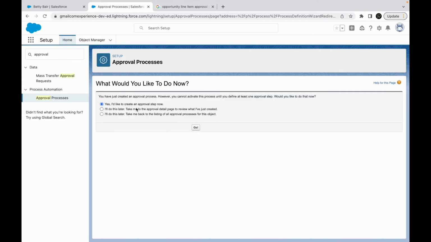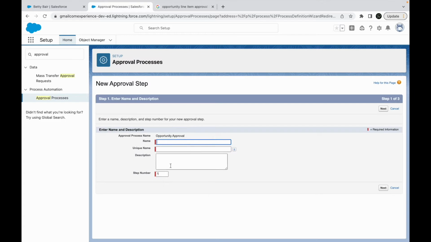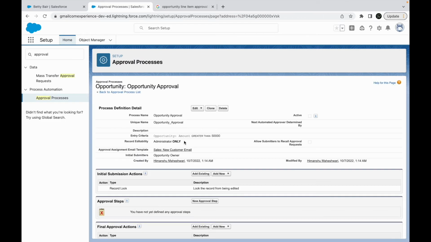And then I would want to create a step, right? So I'll do this later. Take me to the approval detail page to review what I've just created. If you want to see the list of approval processes, you can click on this option. And if you want to create an approval step, you can go with this particular option. Okay, so you can create some steps for yourself. I'll say cancel for now, and I can take a look at my